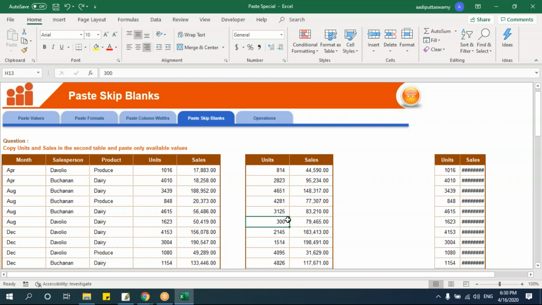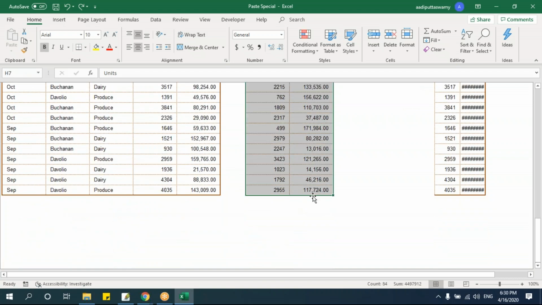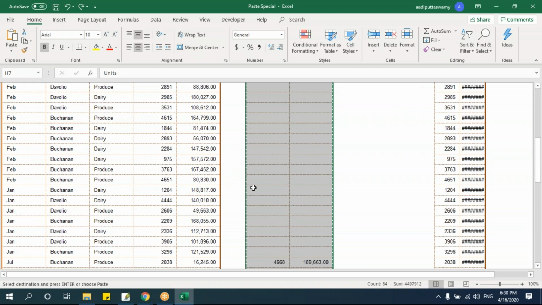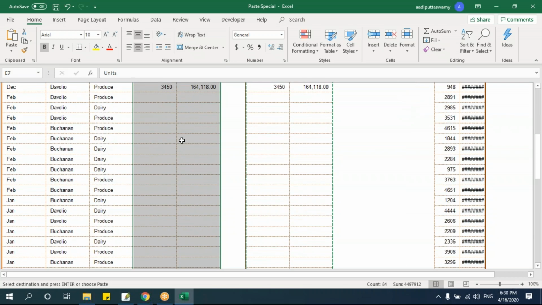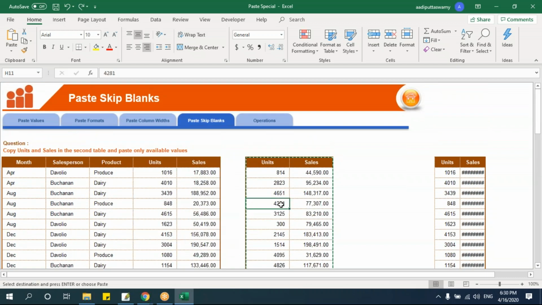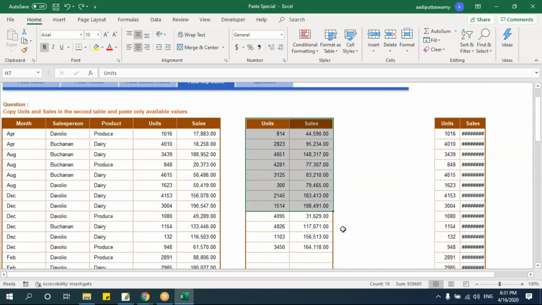So we have something called paste special skip blanks. So what is skip blanks? Let me copy the entire data, say Control C. Now let me go to the top and I'll say Control V. If I say Control C and Control V, there is a problem. So what is that? Let's scroll down. Can you see that? Even the blanks have been replaced. I don't want to replace these blanks. That was my requirement. So how to do that? Let's do it from the beginning.